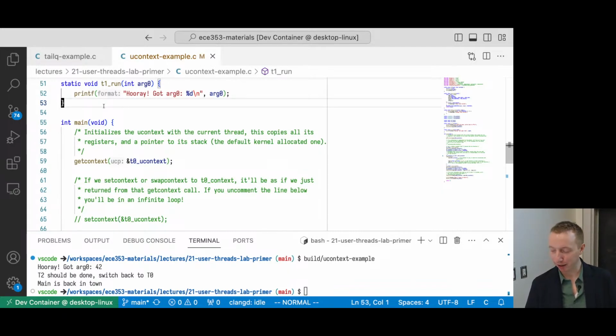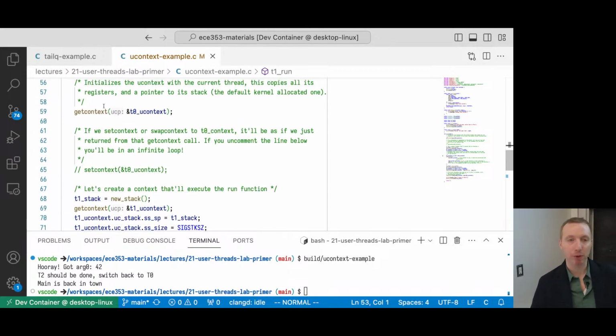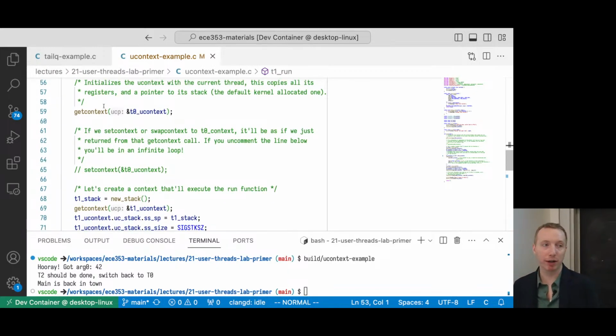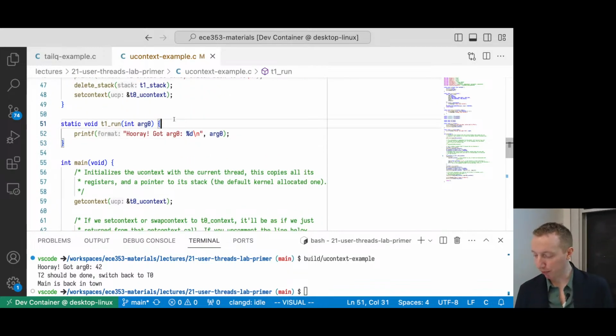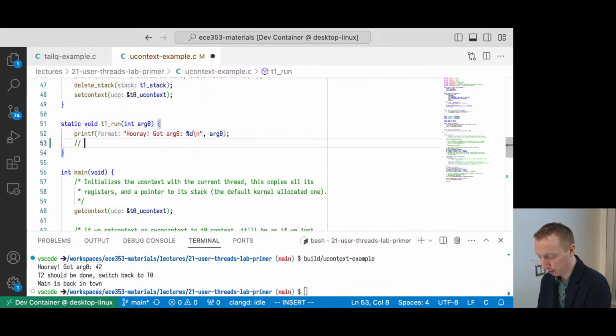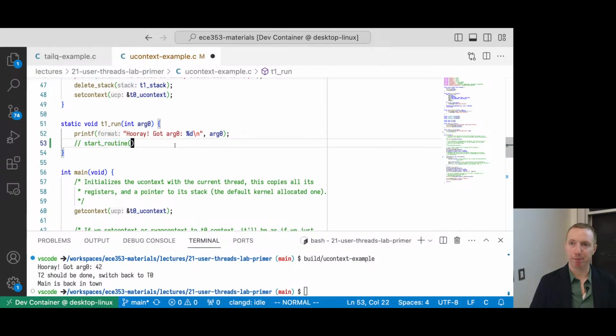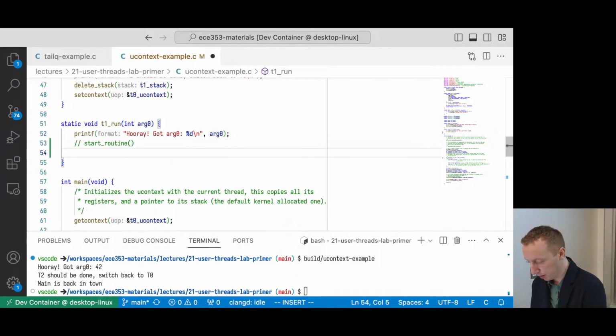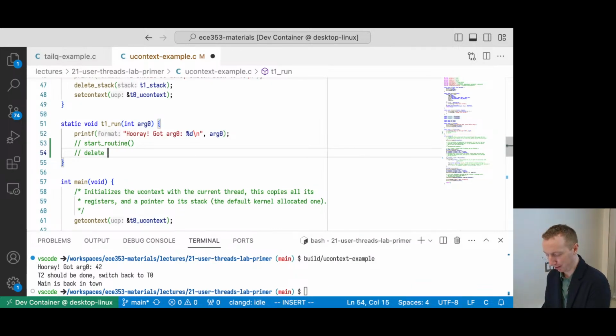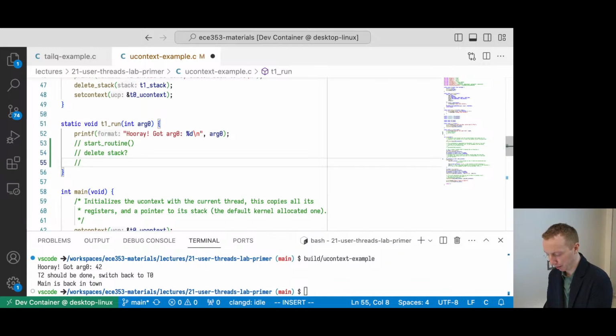Depends. One strategy you might have is, in pthread, it needs a function to run. So maybe you write a little wrapper function that finds your real thread function to run, like the start routine. You set it up so that your run function does some of your own setup, calls the start routine that pthread would want you to do, and then maybe it deletes the stack, and then maybe it does an